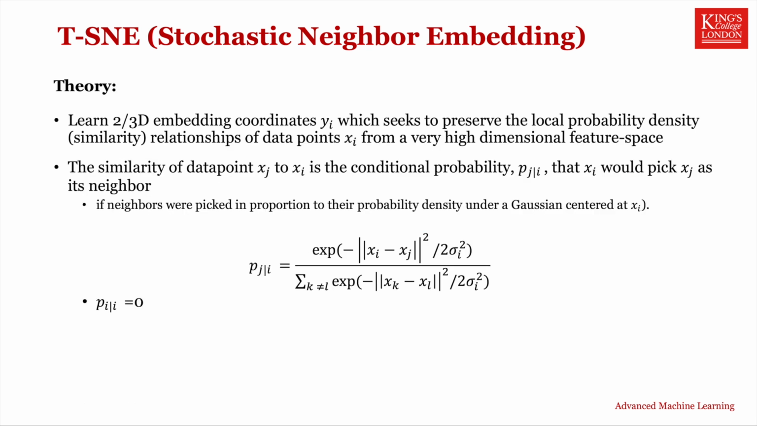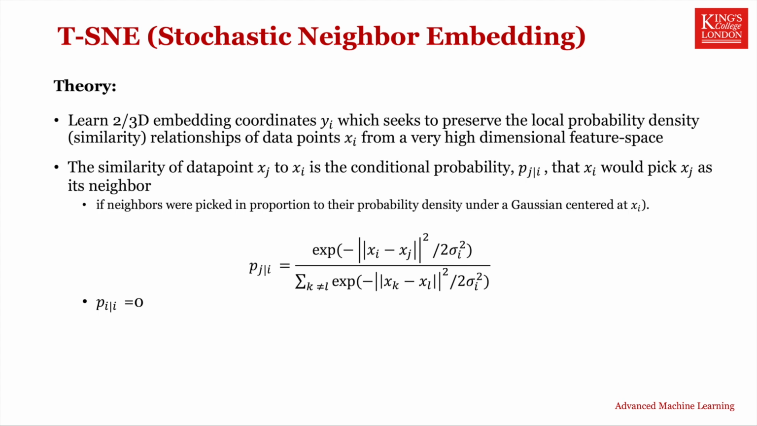The way it works is by learning embedding coordinates y, which are optimized to preserve the local probability density relationships in the high dimensional space, such that in the 2D or 3D embedding that is created, points which were close on the assumed highly nonlinear manifold of the latent code will remain close in this embedding space. This similarity is estimated from a normalized conditional Gaussian distribution function,